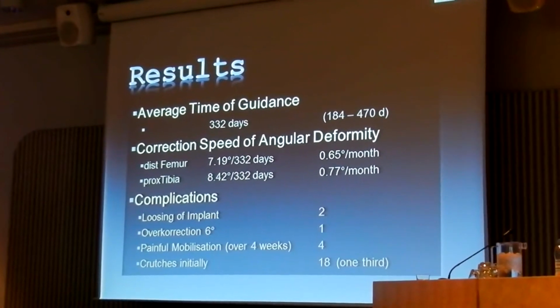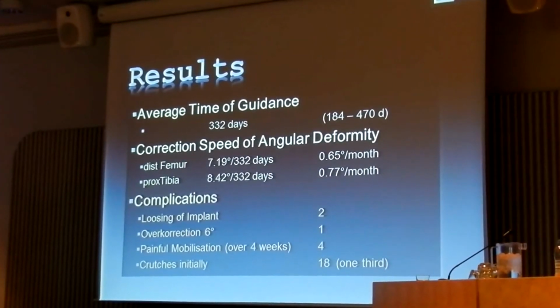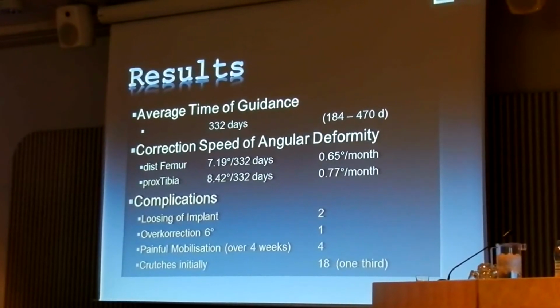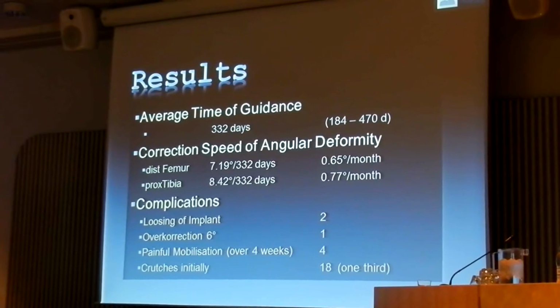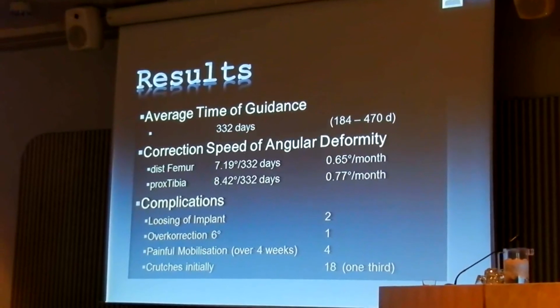Complications. Yes, the A-plate has complications as well. We found 2 loosenings out of 112 implantations. We had 1 overcorrection. That was a patient who didn't come back to our outpatient clinic. He just failed to come back. But we also had some painful mobilization after implanting the plates. There were 4 patients, and